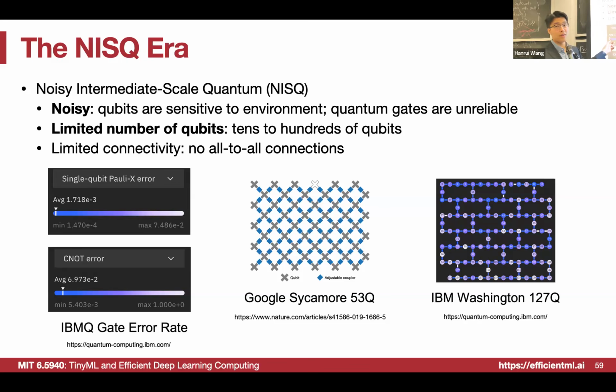And then we have the single-qubit error of about 10 to the power of -3 to 10 to the power of -4. Basically, we can see different colors here that also show a wide range of performance among different qubits, right? So that is very different from classical computation. Classically, when you do the computation on your laptop or on the server or on your cell phone, you don't expect the result to be different, right? But on the quantum machine, you have to very carefully select the qubits you want to use, because different qubits have very different performance in terms of the error rate, the gate time, and some other characteristics.